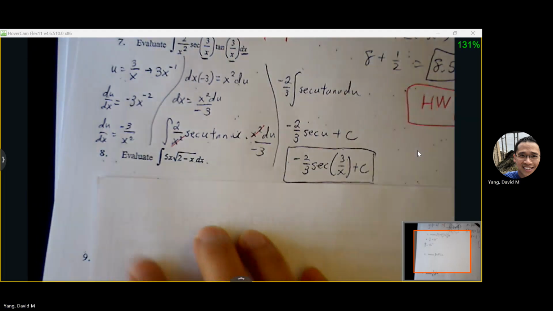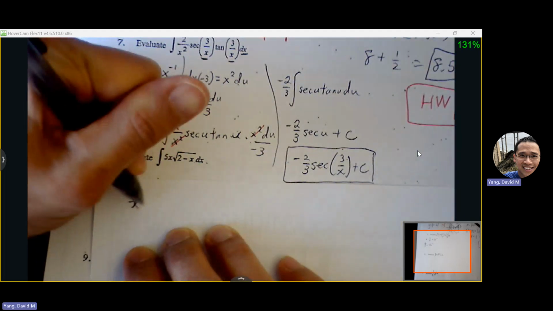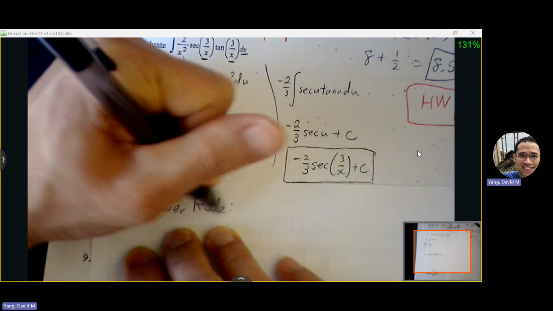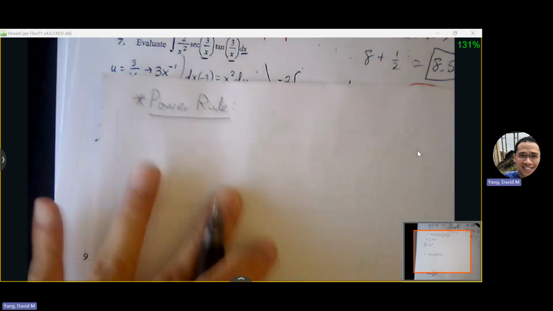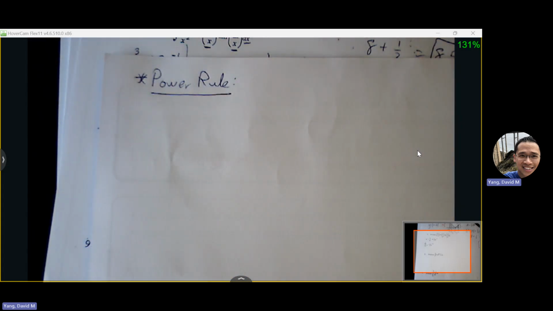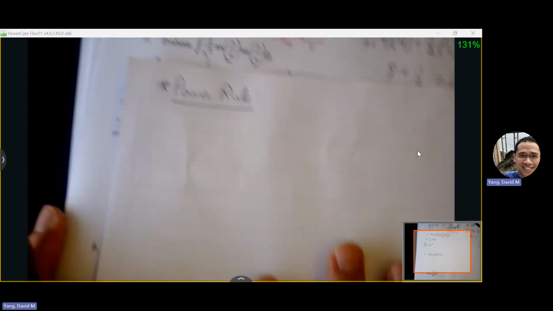I meant to go over this with you yesterday or the day before, or last week, but I just want to show you that power rule problems have a certain look to them, and we need to be able to recognize certain problems that are power rule related, even though we may assume that because we see parentheses that we're going to be using